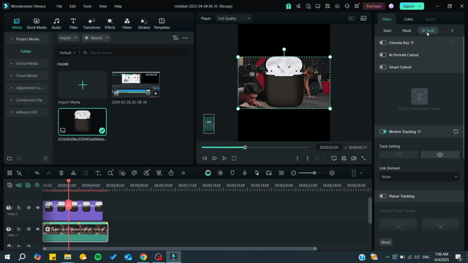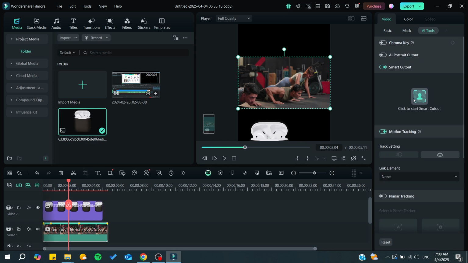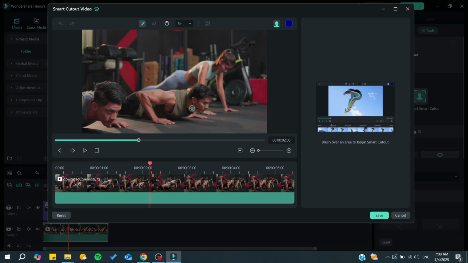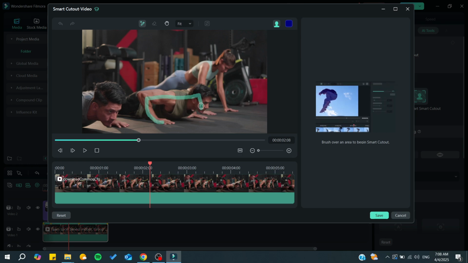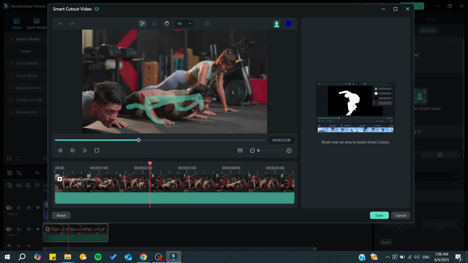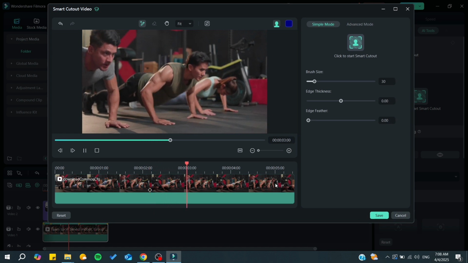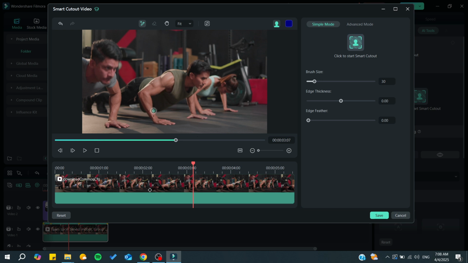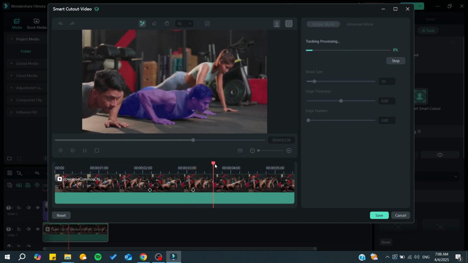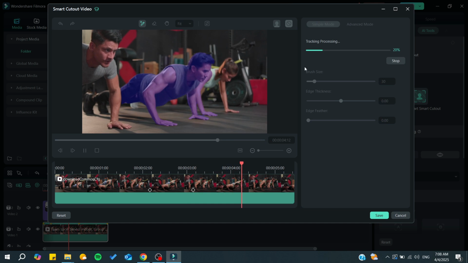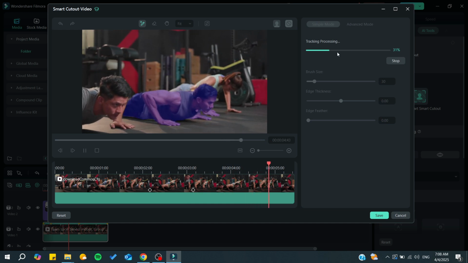Also for videos, you would have some smart tools like the smart cutout. So here I'm just going for this one and we want just to leave this guy. And basically it will take time since it will need to render and track everything. And basically now you have also here, so we can use a keyframe and basically we want to leave the guy, and basically here you will start to cut out and it will start to track the